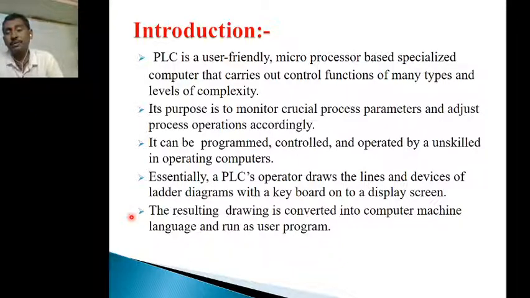But in the PLC we don't mug up the syntaxes. Why? Because this programming is a line-by-line program that looks like a ladder, so we call the programming in this PLC ladder diagrams. By using a keyboard and a display we can draw it, and the resulting drawing is converted into computer machine language and run as a user program.